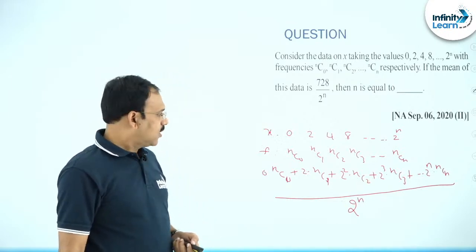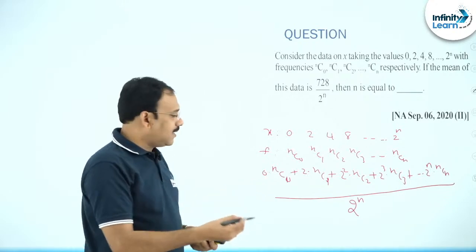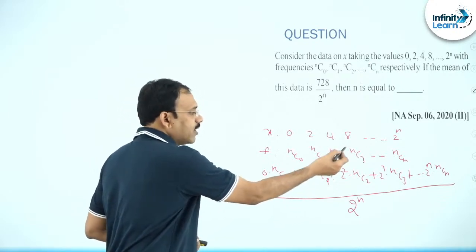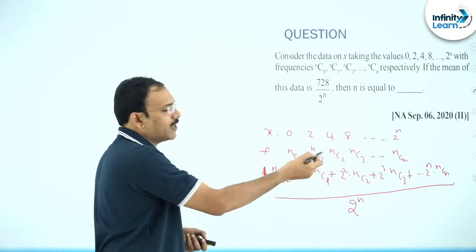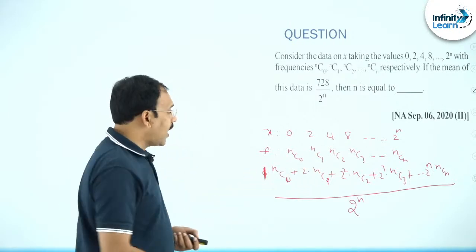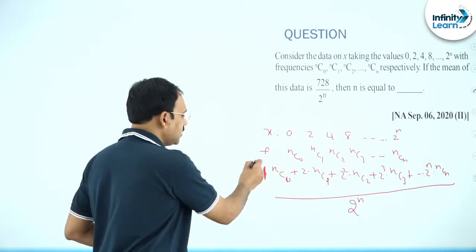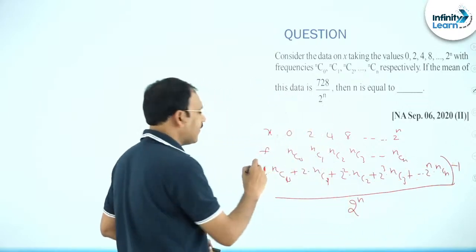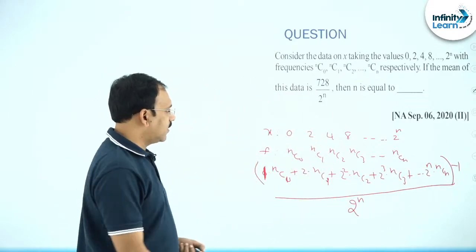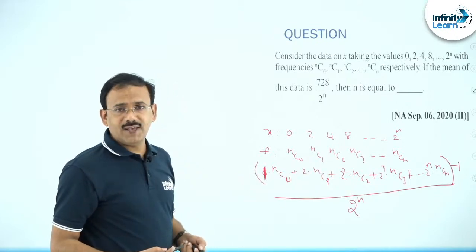Right, dear students. One important observation is that when the nCr are multiplied by a GP like 2, 2 square, 2 cube, 2 power n, if it is 1 here, it is perfectly a GP. So what we do is, in fact, 0 into this is 0, if I put 1, this is 1. So in the numerator I subtract 1 and I have added 1, which means nC1. Now can you answer what the numerator is going to be?